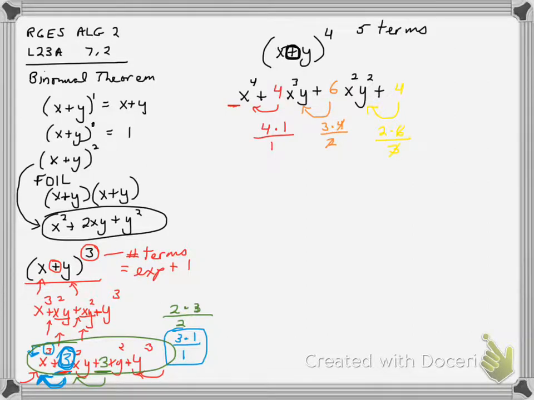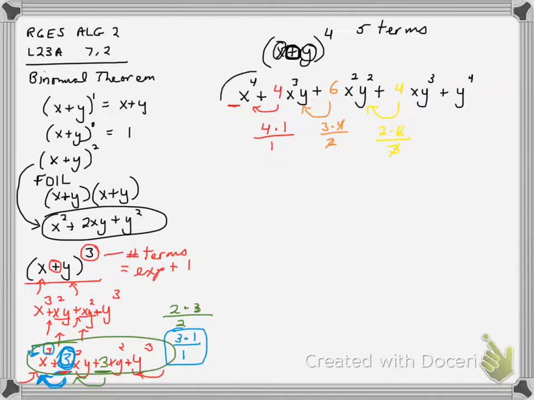Fill in my x's and y's. 1 less x, 1 more y. And if I notice on the next one, I will have no x's, so I'll have y to the fourth, and I'm finished. I should have 5 terms. 1, 2, 3, 4, 5. The first term should be x to the fourth, the last term should be y to the fourth, and that's